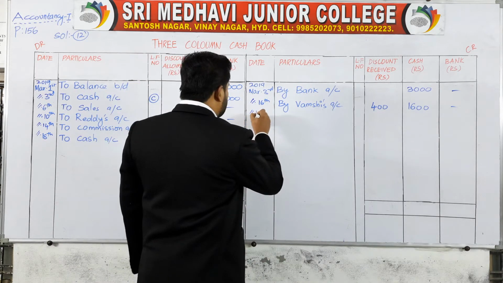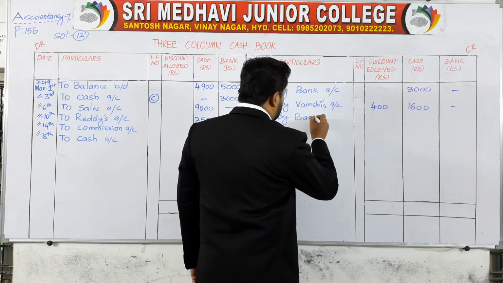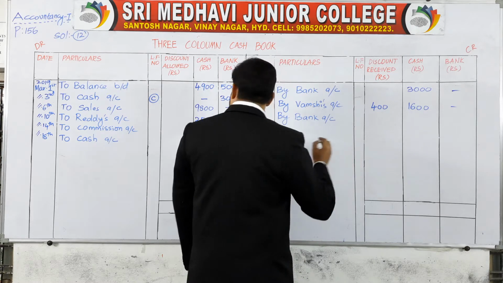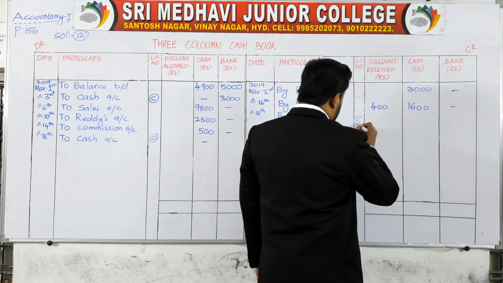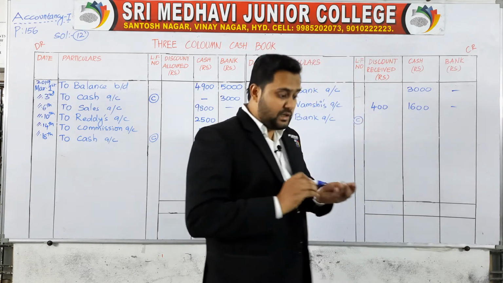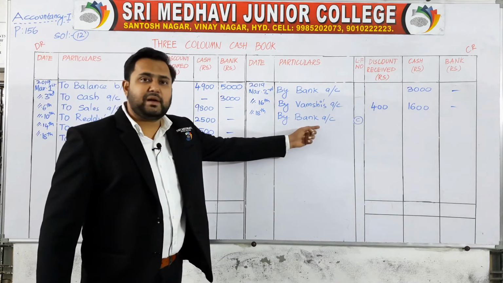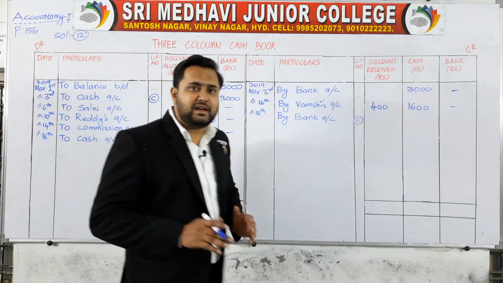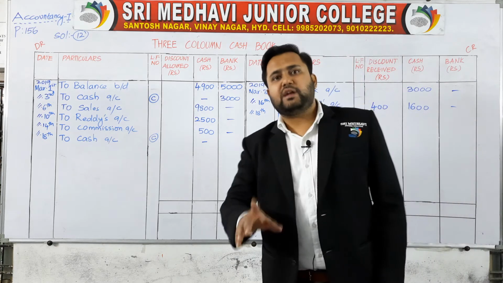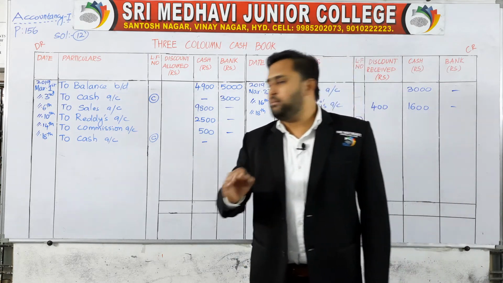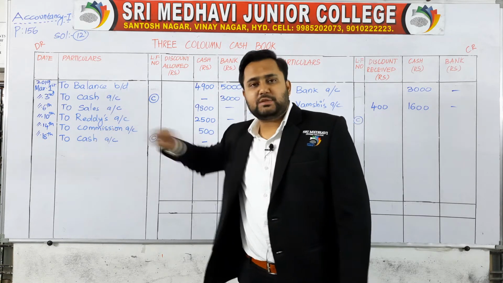Here on date 18th, by bank account. It is denoted by C because it's a contra entry. It is also a contra entry. Simultaneously you have to write in debit and credit. Simultaneously in the sense, immediately after writing to cash here, write as soon as possible by bank here. Contra entry comes on both sides, debit side as well as credit side. Each and every contra entry is completed when you deposit on date 18th, on the debit side as well as the credit side.